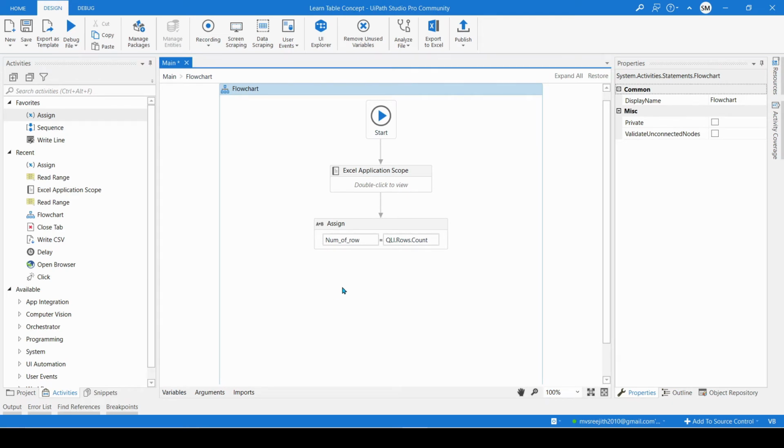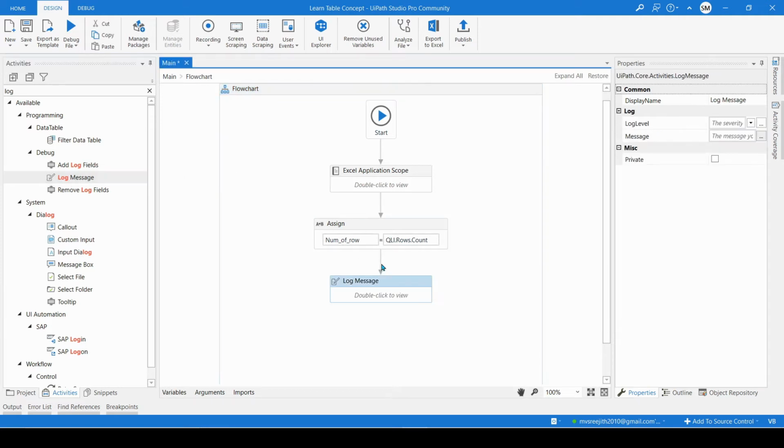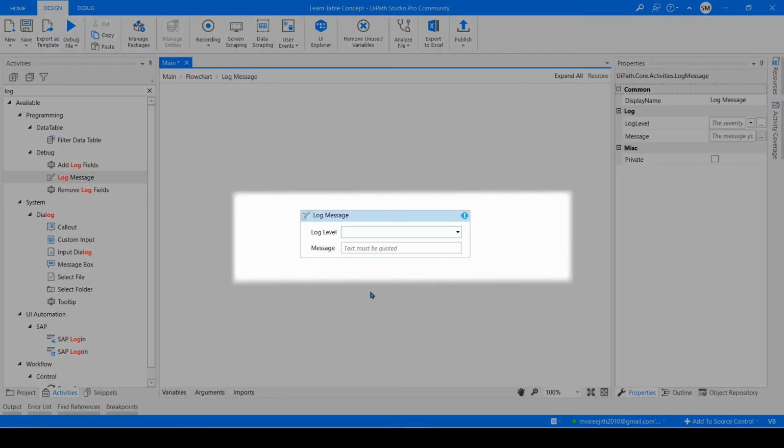print this to the output window so that we can understand how many number of records in this particular table has. So for that you can actually log a message in the window. Just type on log and you can see a log message. So you can just drag and drop, and inside the log level is just information, and this is where you can specify your message. So within double quotes you can give like number of rows in the table